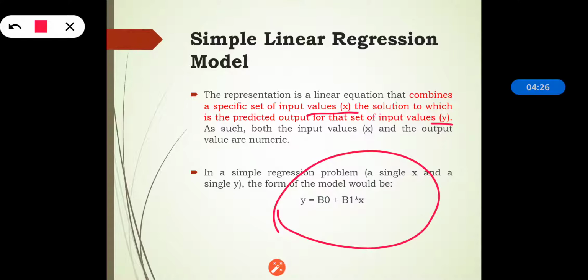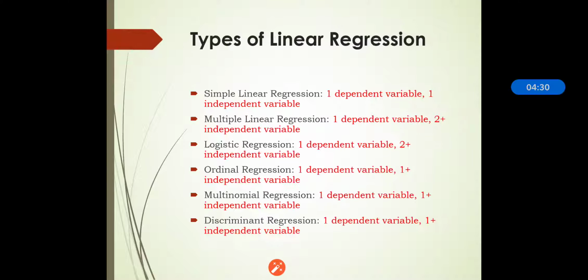Regression analysis is used to interpret cause and effect relationships. They are used for cause and effect relationships between variables, so we can see how the variables are connected to each other. There are various types of linear regression analysis available. The first is simple linear regression, where one dependent variable, that is interval or ratio, and one independent variable are used. In multiple linear regression, one